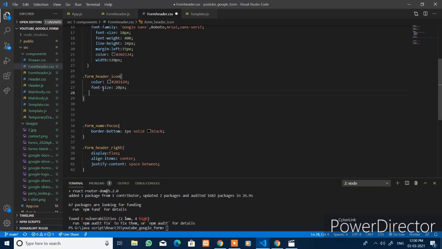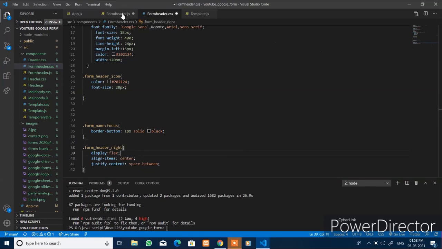Also style the icons, form header icon, with color and font size. When the input element is focused, we add a border bottom of 1px solid black, and style the form header right with display flex, align items center, and justify content space between.